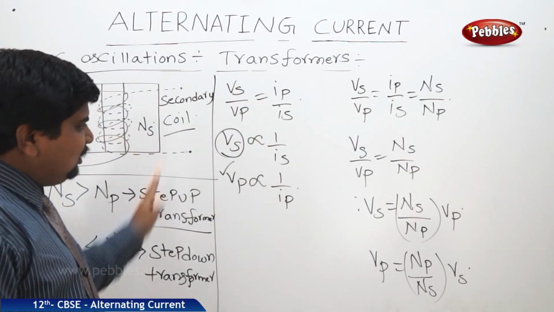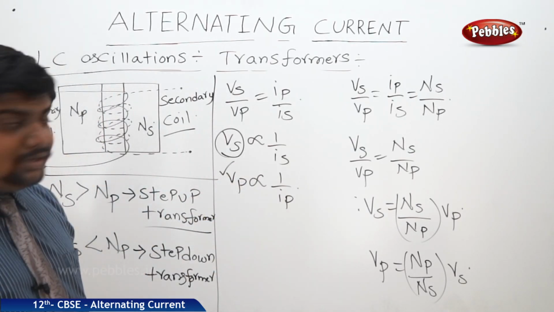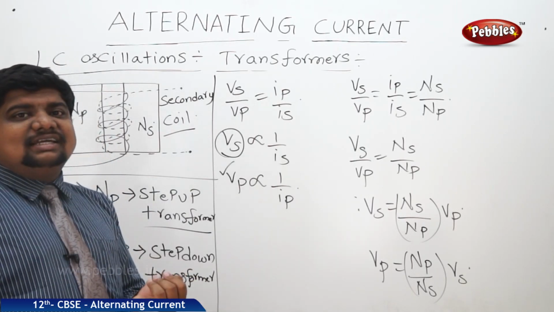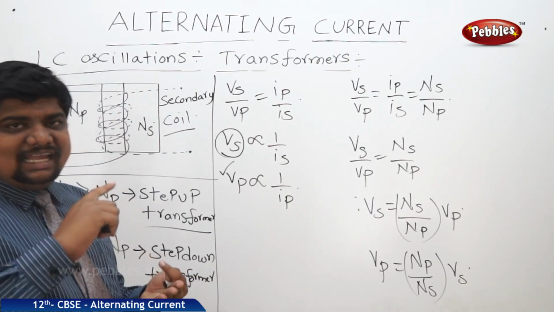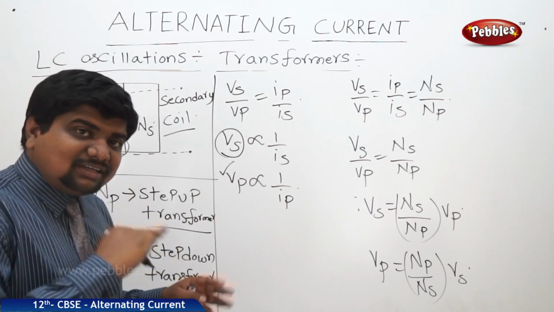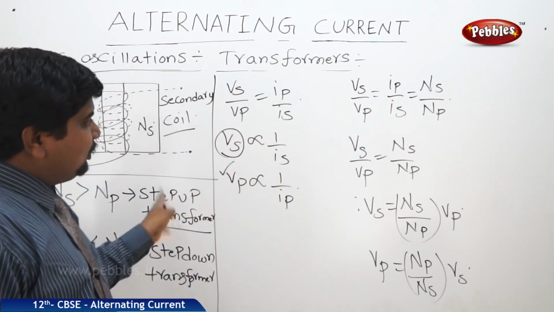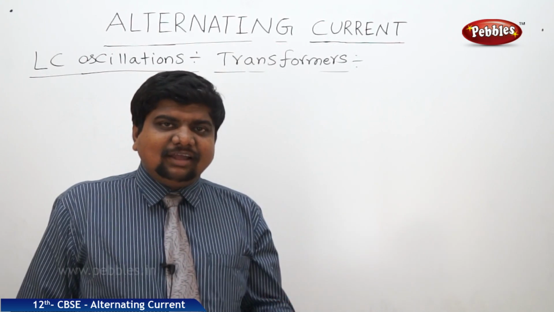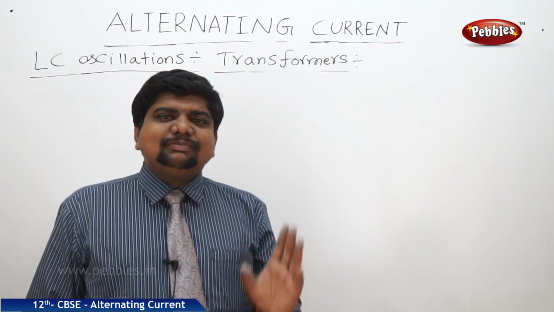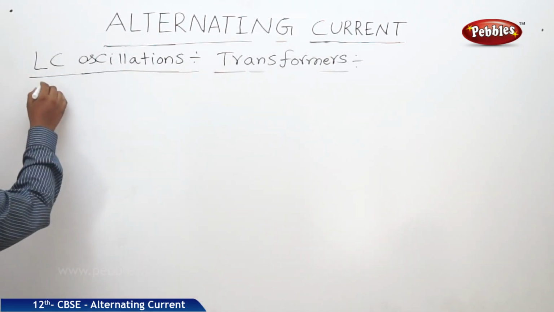Now this whole thing is explained on the basis of an ideal construction of the transformer. This transformer has a metal core. Once it is a metal, it has resistance, there is flux leakage, and eddy currents will be developed. All these we are not considering. If you consider all these things, then what will be the remedies? We are going to discuss that now. While we are dealing with the secondary or primary currents in the transformer, there is a problem with 4 leakages. First one is flux leakage.